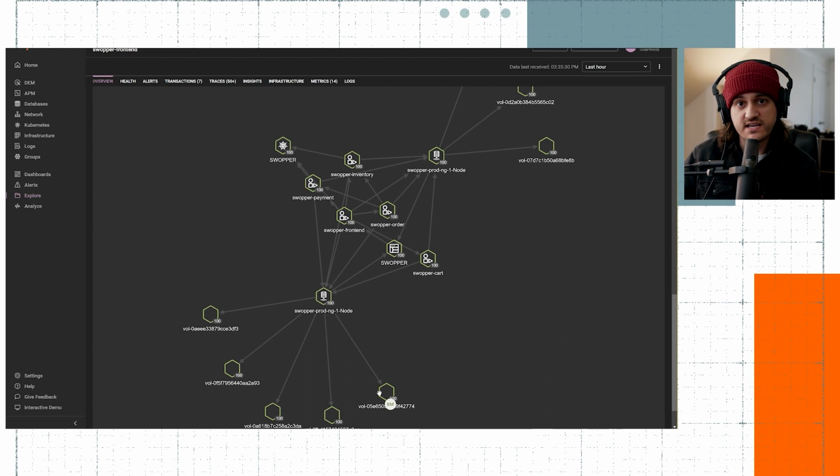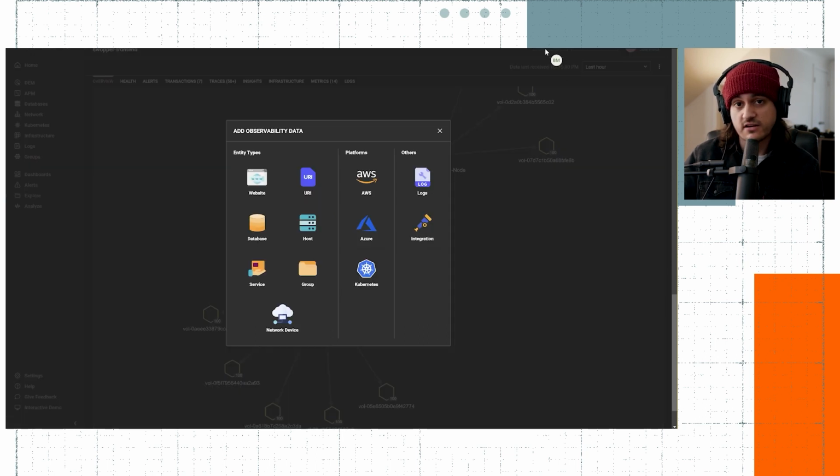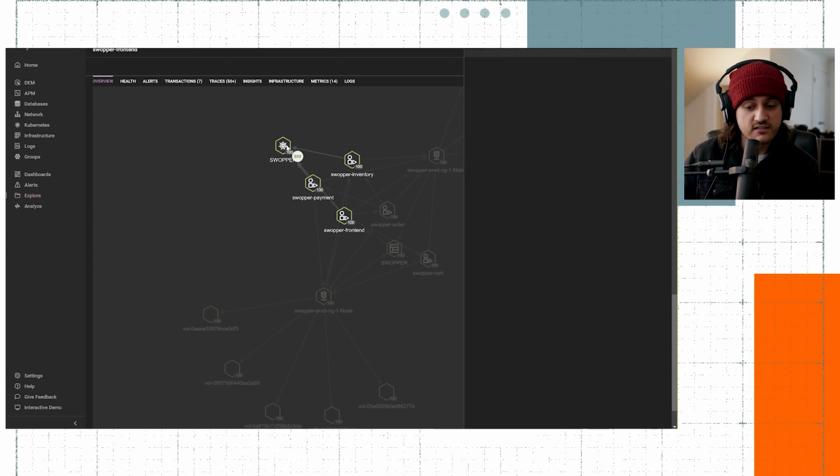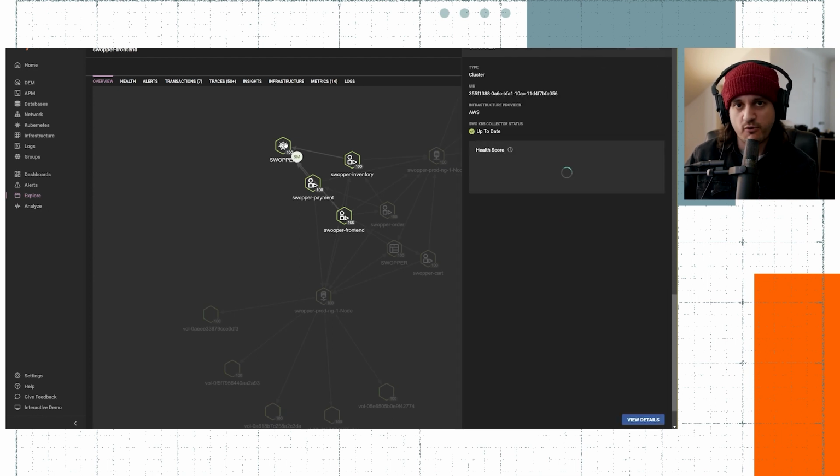So this is combining information coming from that AWS Cloud Account integration with the APM agent. And not only with the APM agent, it's combining the Kubernetes integration. If we go back here, I can see that this is a part of a Kubernetes cluster called Swapper right here. And I could click on these elements and see a peek into the performance so that I could choose if I want to switch gears and start reviewing one of those instead.